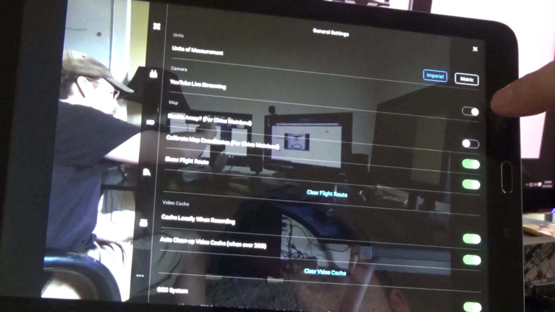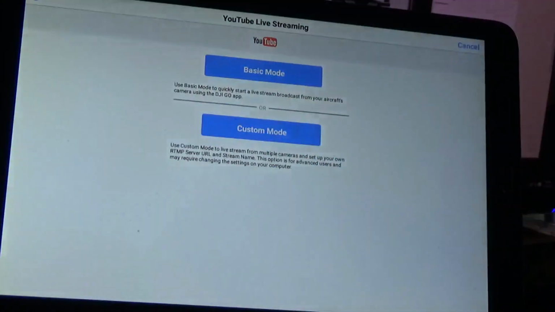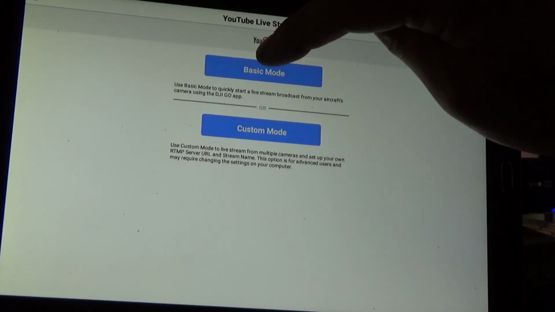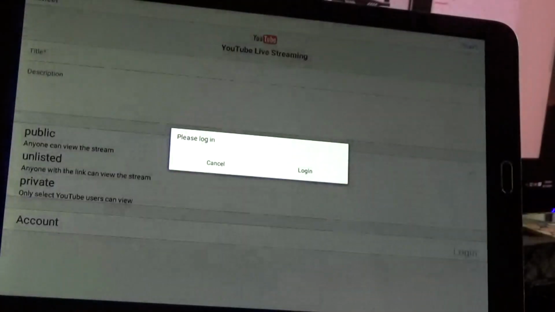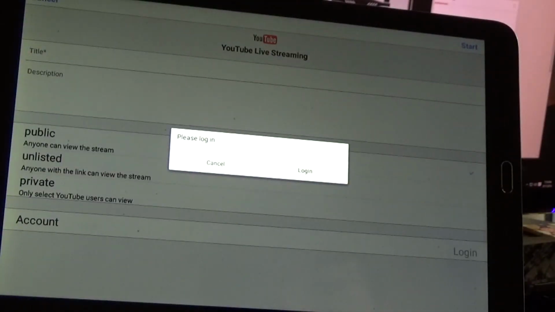We're going to go ahead and toggle that on, and that's going to bring us up to this screen where we need to select basic. Custom mode is a little bit more complex, uses multiple cameras. We're not going to get into that here in this video, so let's just click on basic, and now it's going to say please log in. Okay, so I'm going to go ahead and hit login,